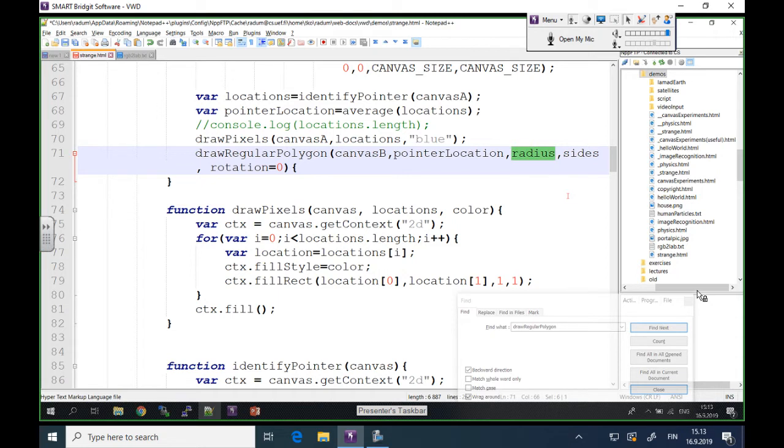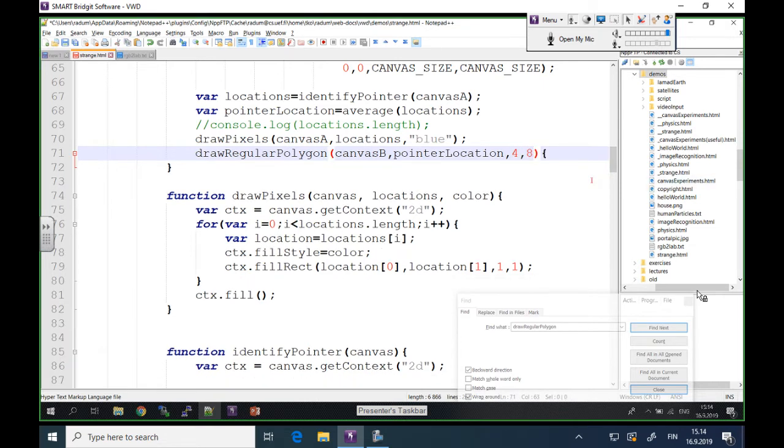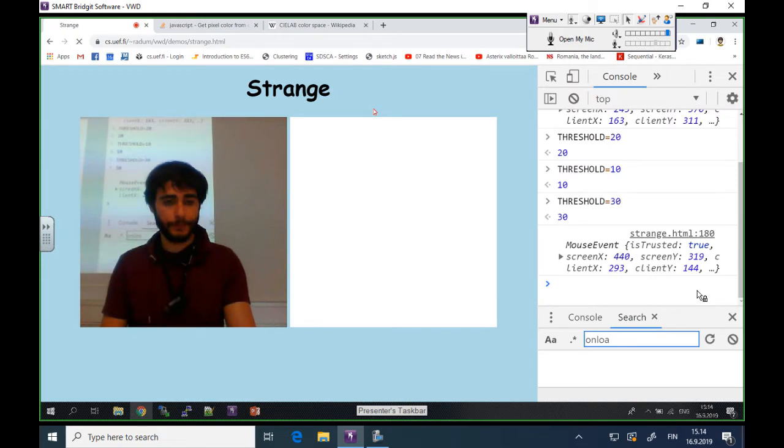Radius, let's just put 4. Sides, way too complicated, I could just draw a circle, but okay, sides, let's put 8, and rotation, I don't even bother with that. It had a default value there, so I don't need to worry about it. So, I refresh the page,